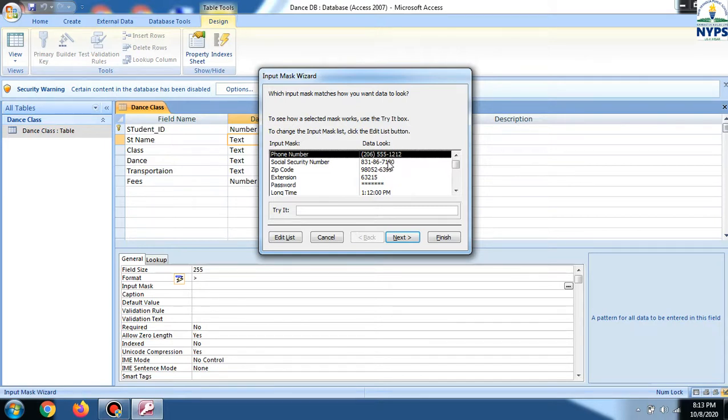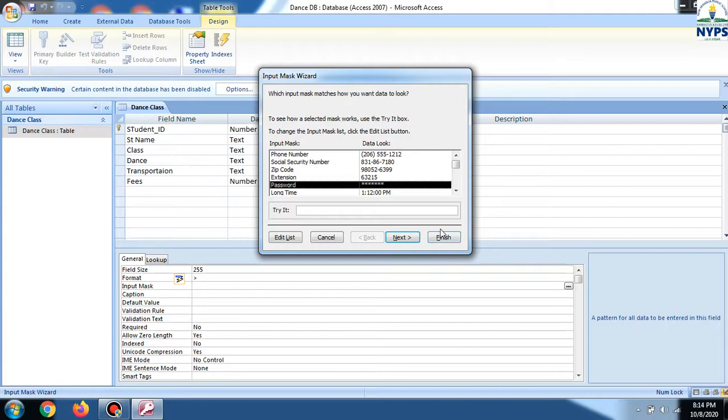Suppose you are entering phone numbers or Aadhaar numbers. In an Aadhaar number, you see after 4 characters one space is there, so instead of a space if you want a hyphen symbol. Or suppose you have a field whose entries you don't want to show, like a password field, and you don't want to show those entries in your table. For that purpose you can use this password. Whatever is written in that field will appear in star form or dots form. For that purpose we can use this input mask.